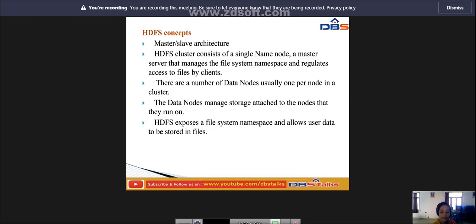For the hierarchical file system with directories and files, we create, remove, move, rename, etc. The name node maintains the file system, and any meta information changes to the file system are recorded by the name node. An application can specify the number of replicas of a file needed, the replication factor of the file. This information is stored in the name node. This is called the HDFS concept.